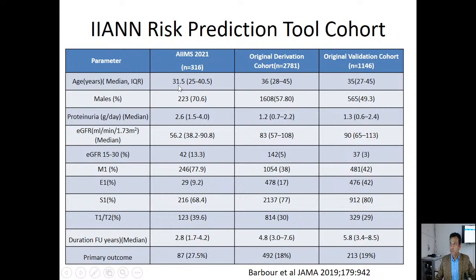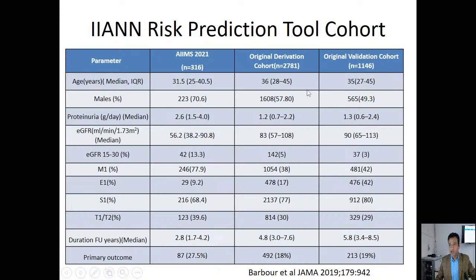And what we have seen is that we are dealing with a relatively younger population, again predominantly males, significantly higher proteinuria, much lower GFRs, and much higher mesangial hypercellularity as compared to any other MEST-C or pathological correlation, as opposed to the cohorts which